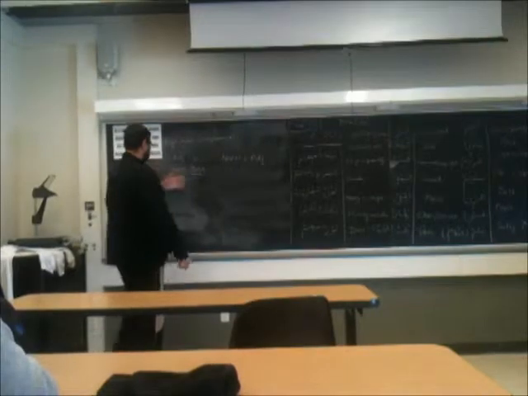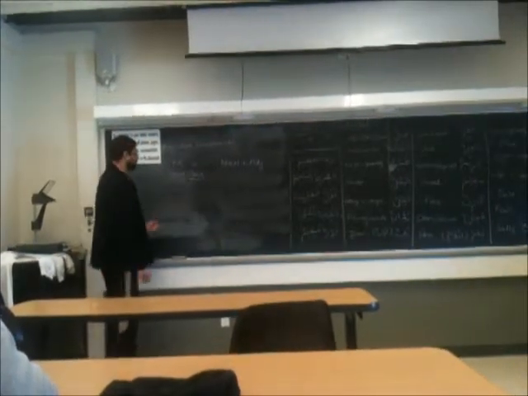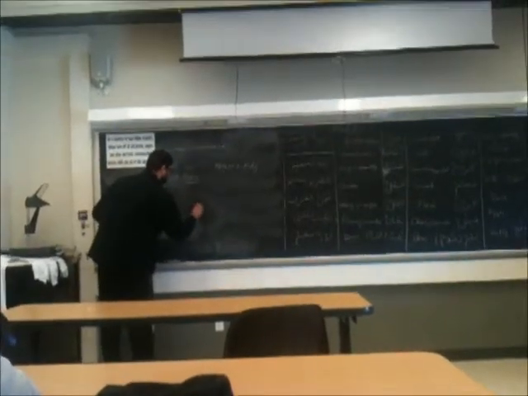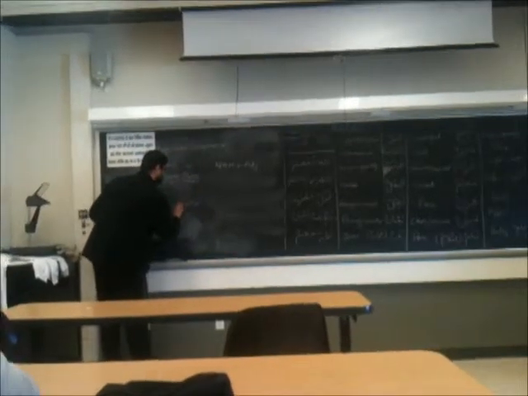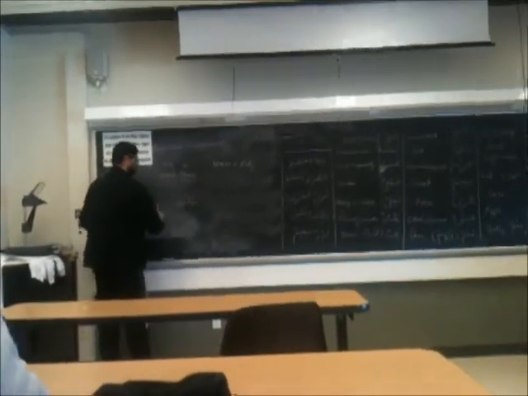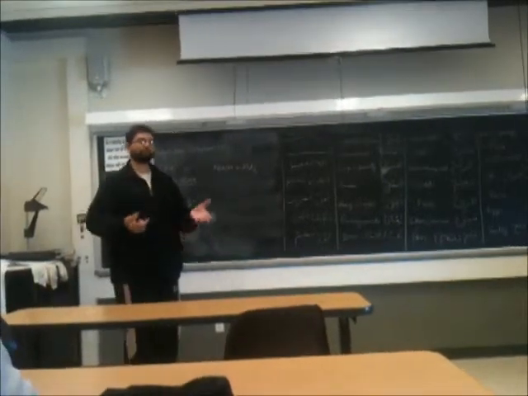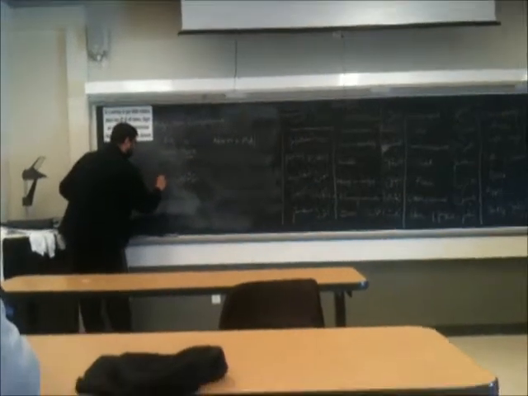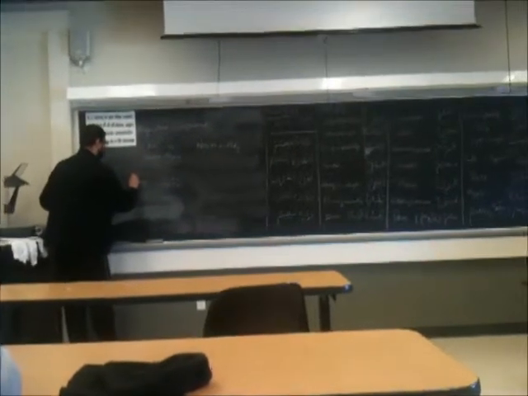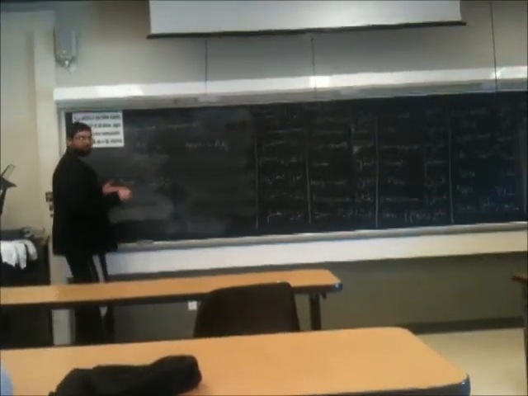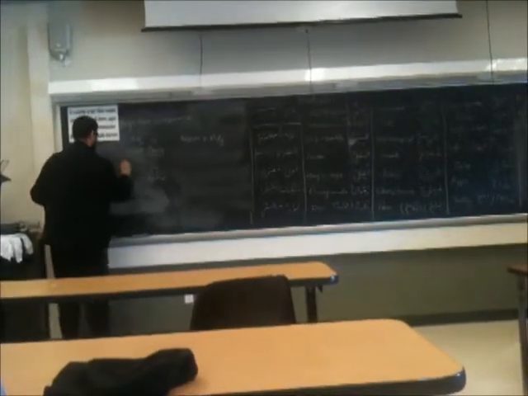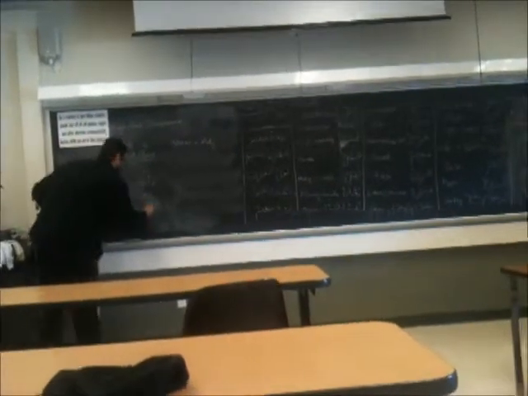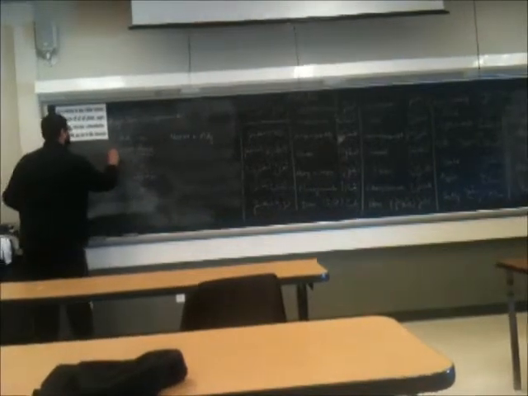Now we have to see how we translate it into Arabic. So in Arabic, the rule is that the noun comes first. So first comes the noun, which is called mawsuf. Mawsuf is the noun whose adjective or characteristic you are going to tell. And then comes sifa. Sifa is adjective. So first comes noun and then comes adjective. For example, if you want to say a good boy, you will first translate boy, and you will say